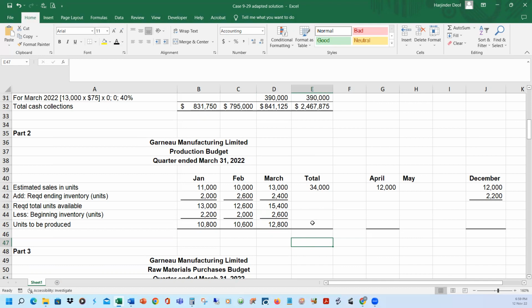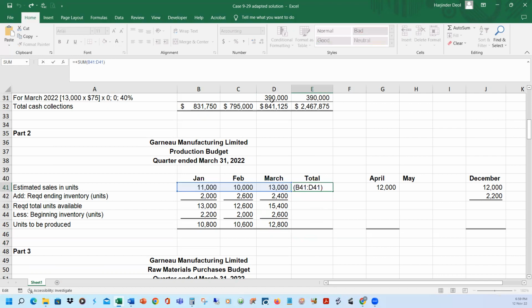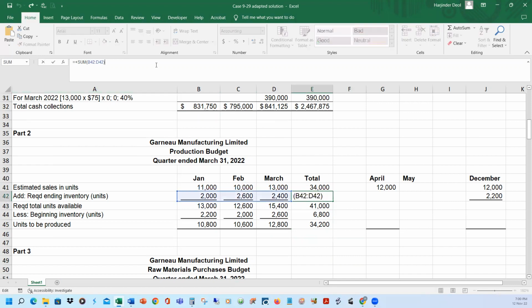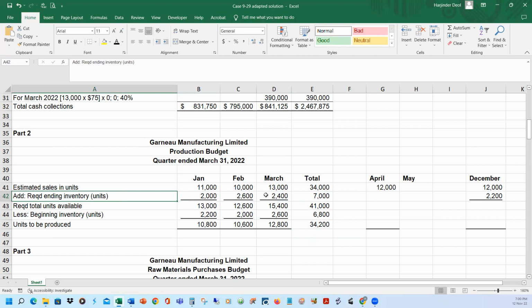Now, when we're doing the totals column, we've got to be a bit more careful. So agreed that in the quarter, January through March, we're looking to sell a total of 34,000 units. Now, a very common mistake that students make is that once they've input the formula, they just drag it down. So what happens if you drag down your formula is that you get 7,000 units as being the required ending inventory. Now that doesn't make sense though, because we're talking about the required ending inventory for this quarter, and